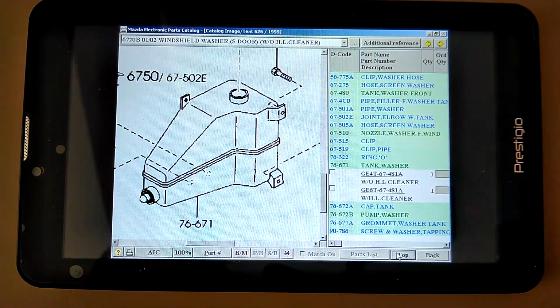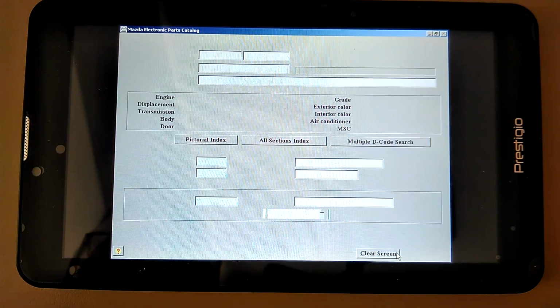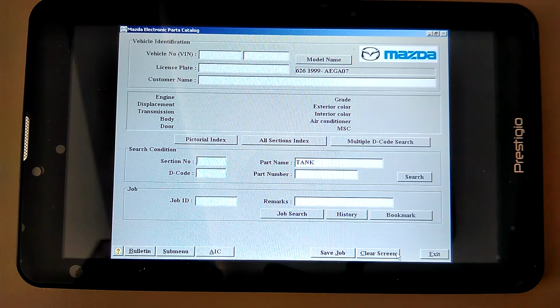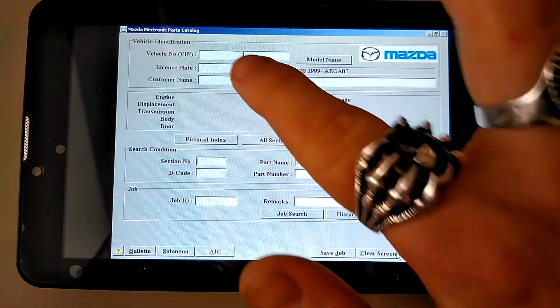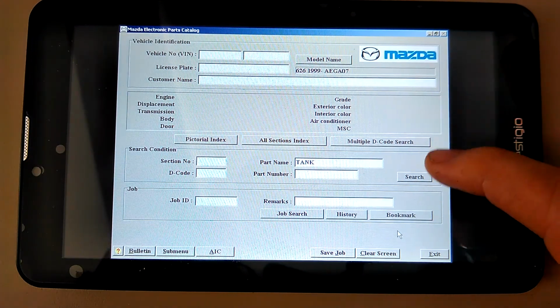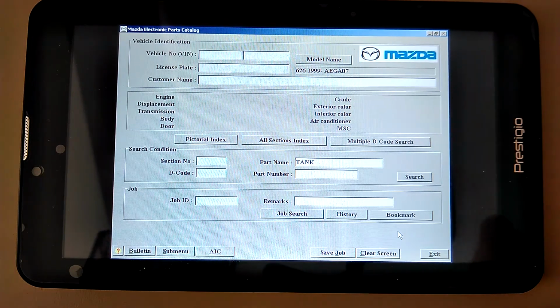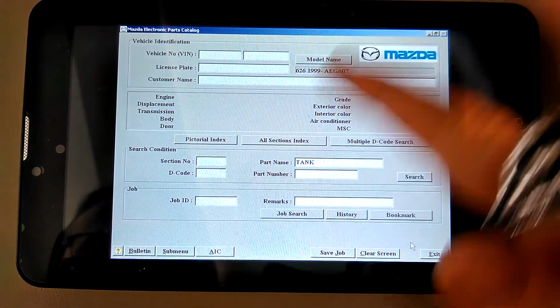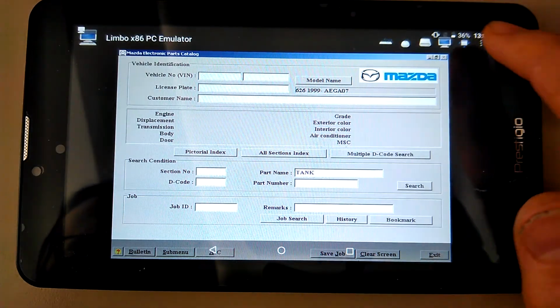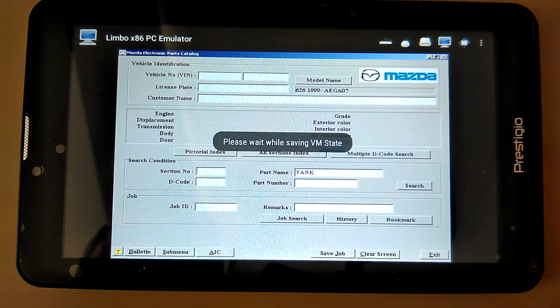You can go hit stop, go to the top level. You can pause at that state the virtual machine, because probably you're going to work on your own car and you do not need to change the VIN number if you have placed it or anything, or you can just hit clear screen and clear everything, including the VIN number. As for the pausing, well, you do this, then pause VM, and those 64 megabytes on this low